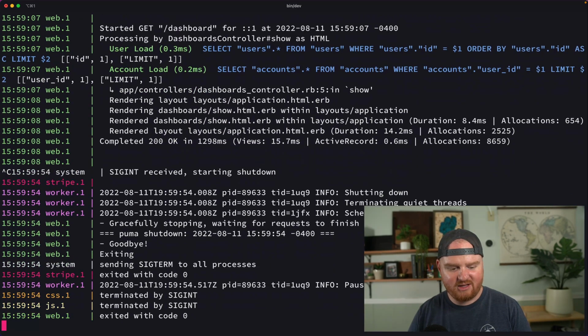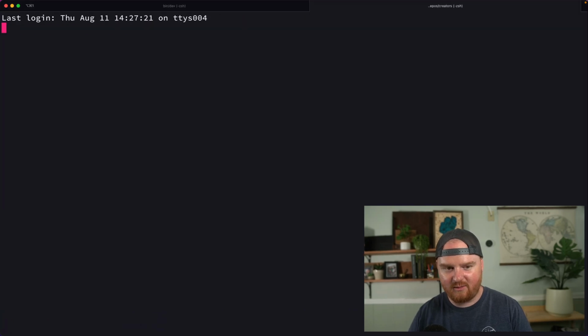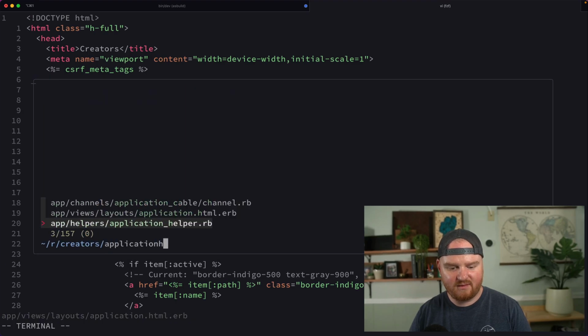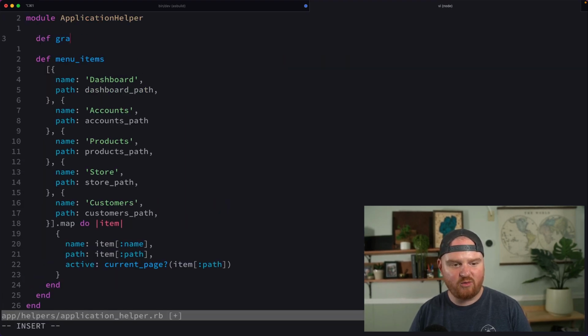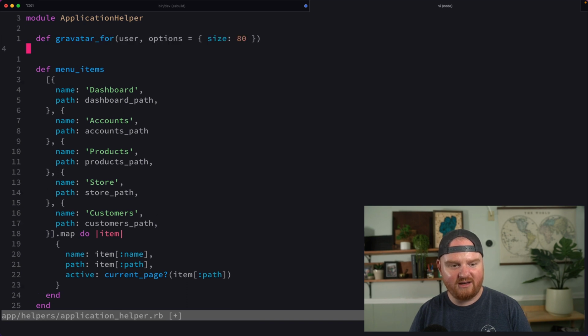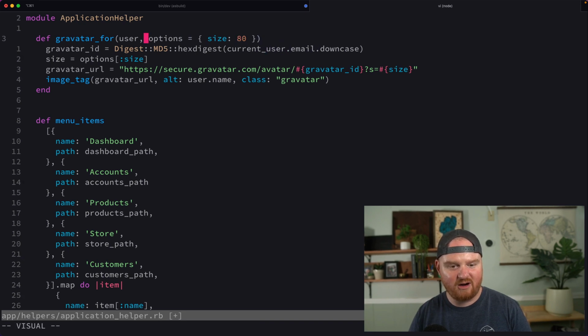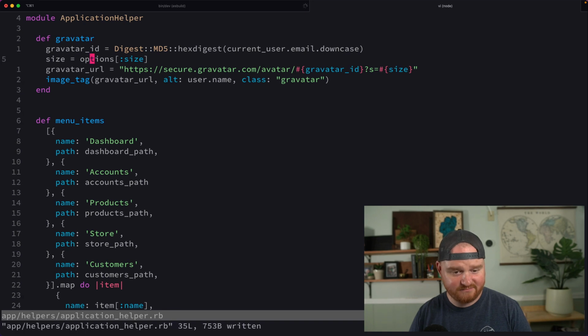So what we're going to do is open up application helper, and we're going to add a new method here called Gravatar. And then even look at this. Okay, so this is it. So we want to do the MD5 hex digest of some user's email.downcase. Let's make this the current user, and then we'll remove the user from the arguments here. And then instead of passing in any options, we'll actually just make this Gravatar. We'll just call this Gravatar